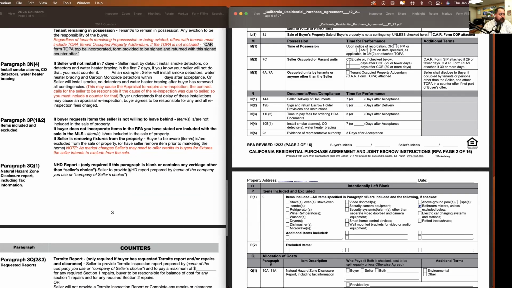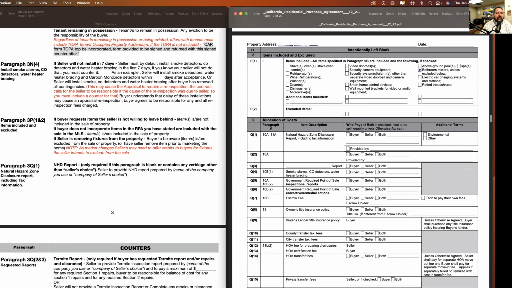Next up, paragraphs 3P1 and 2. These are the items included and excluded. This is pretty straightforward. But one of the things that we miss as listing agents, and I think we miss it often, is in the included items. Okay. When we put in the MLS that things are included, or we put in any of our advertisements that things are included, washers, dryers, dishwashers, refrigerators, whatever it is, items that could be considered personal items that are included in the sale of the house, and we get an offer that doesn't have those items checked off, okay, we've